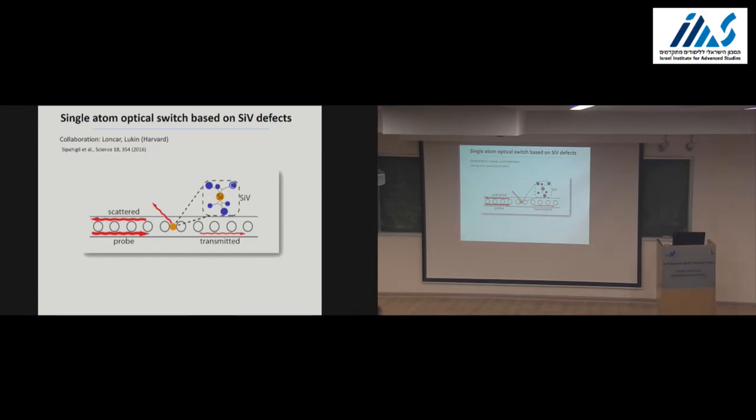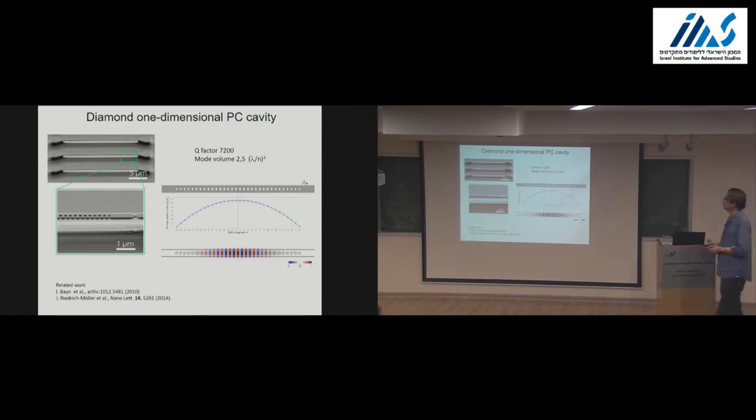The waveguides and resonators that we have been using are monolithic diamond resonators, not external cavities. So the whole device has been made in diamond by etching material. This is a freestanding diamond beam where etching was used to create the beam itself, and a focused ion beam was used to create these holes, making Bragg reflectors. So you have two of these mirrors, and in the center you have a hot spot where you implant your